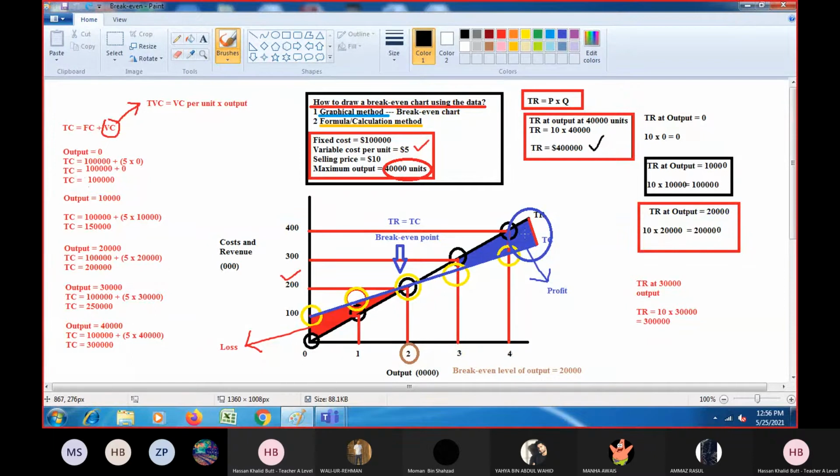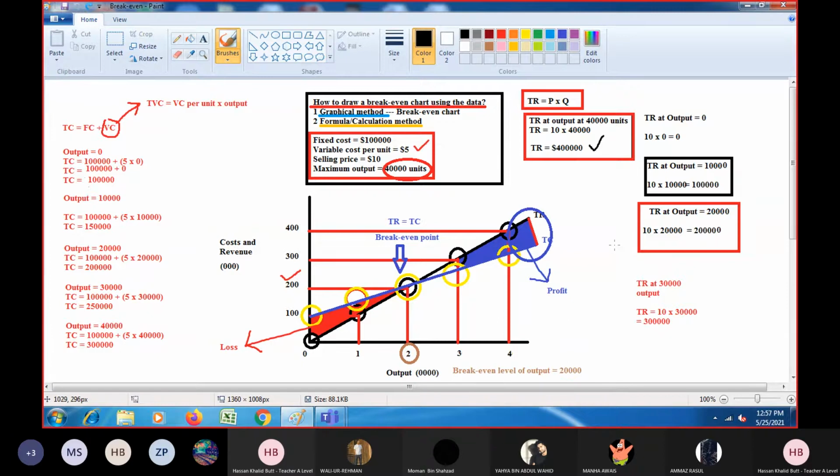Remember, okay? I mentioned that in the previous class as well, but I am mentioning it again so that you will be clear about it as well. That area of profit that is after 40,000 units obviously won't be achieved by the business because that is not their capacity. They cannot actually produce more than 40,000.